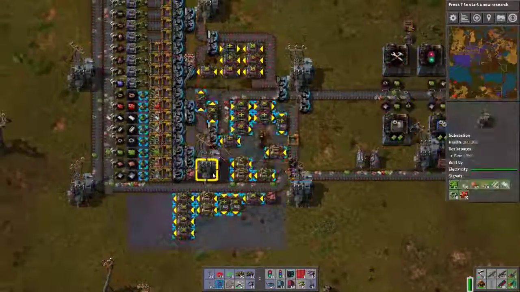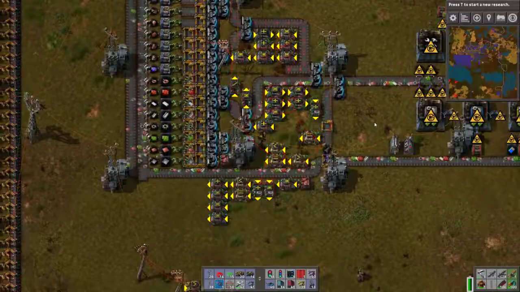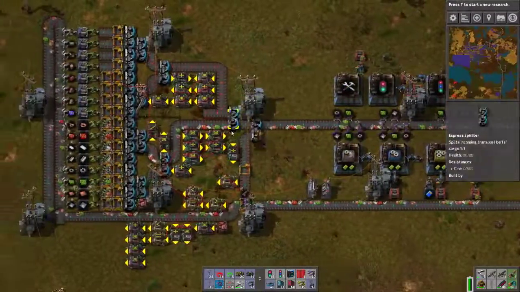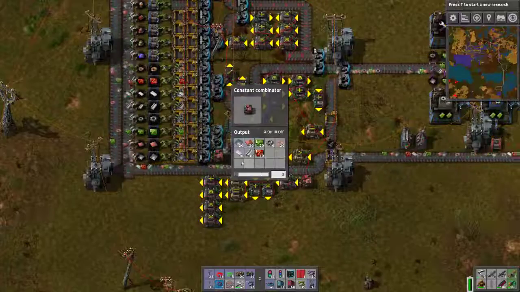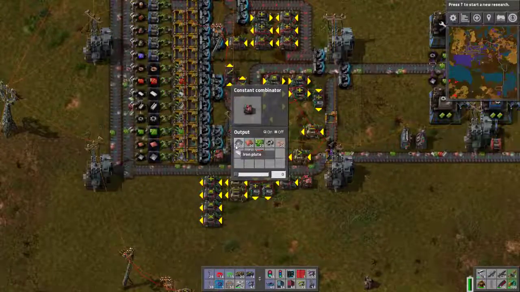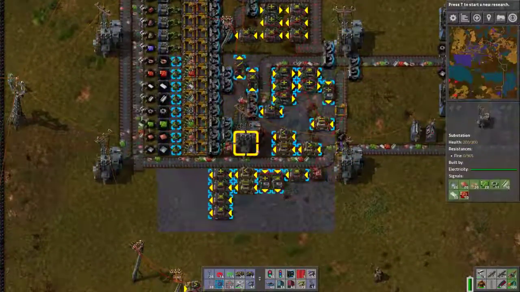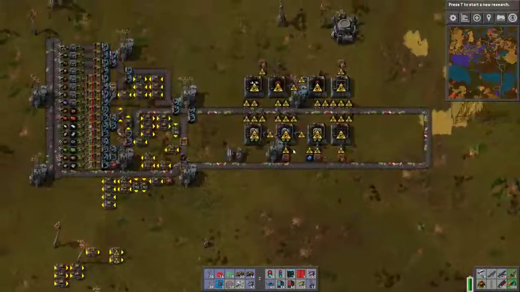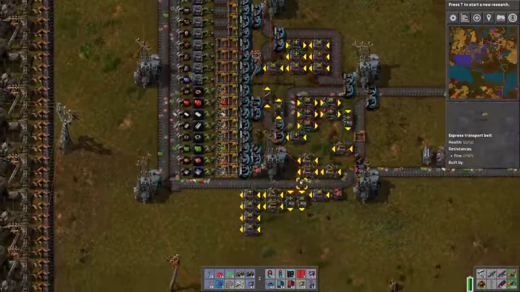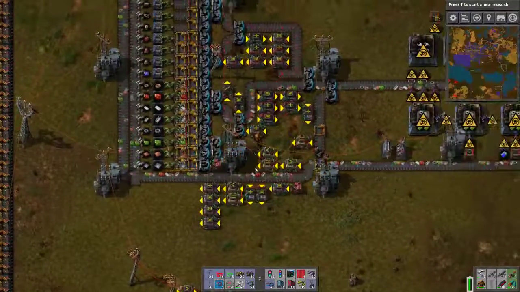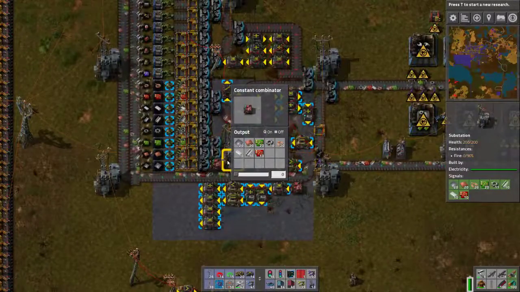Alright, so the whole point of this is to optimize the distribution of items coming in this belt. So this constant combinator provides a minimum output. And so right now, since there's no power in the actual factories over here, what you're seeing is it's just feeding off of this value. And so you can see this is the requested